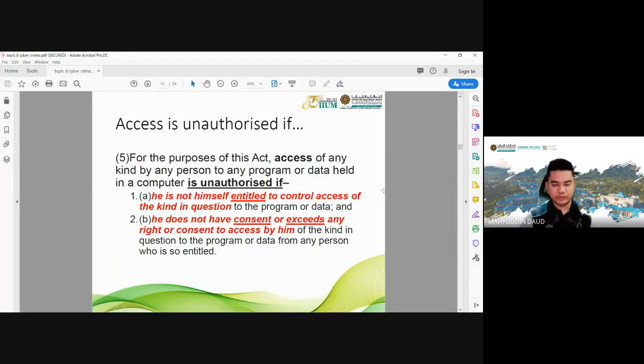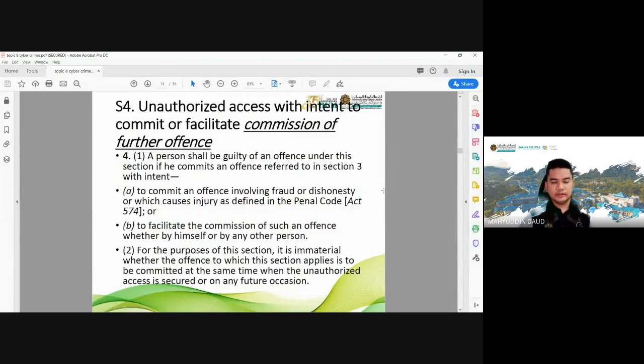I think similarly with any prosecutions in court, you must be clear about what are the actions that have been done, and these provisions are there to help interpret. Okay, that is section 3. Section 3 talks about unauthorized access. But when the unauthorized access to any computer material is done with intent to commit or facilitate commission of further offense, this is another